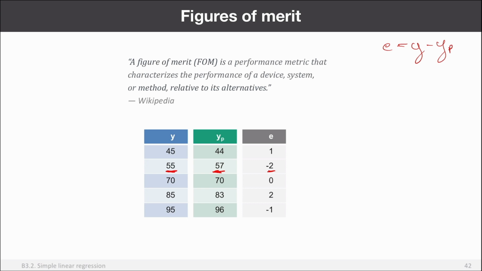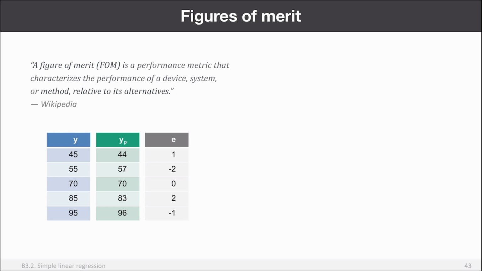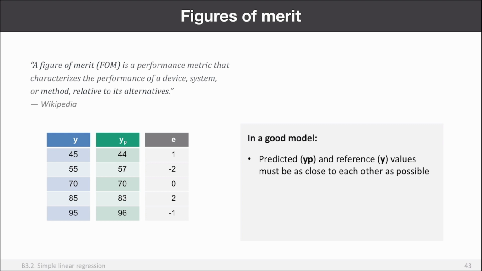So now we can use all these errors in order to make an assessment, to calculate different statistics about these errors. Well, first of all, in a good model, the predicted and the reference values must be as close as possible to each other, right? So it means that we can simply assess how close the y and yp values are. Then, and this is just a consequence of the first bullet, the residuals must have a small variation. So the variation of these residual values should be as small as possible,